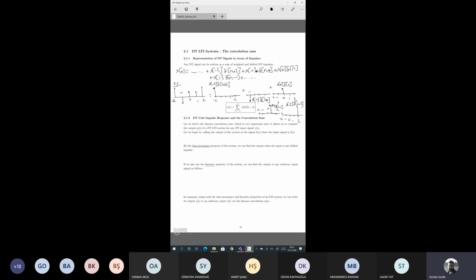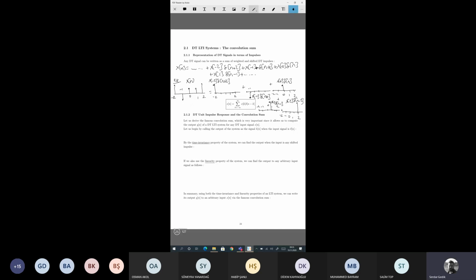So I have decomposed my signal x of n. It has 5 samples, starting from minus 2 to plus 2, with some values, and I have written them clearly in this form. This is my very first term, and it is nothing but x of minus 2 impulse of n plus 2. Then I have the second term, x of minus 1 impulse of n plus 1. And the third term here,